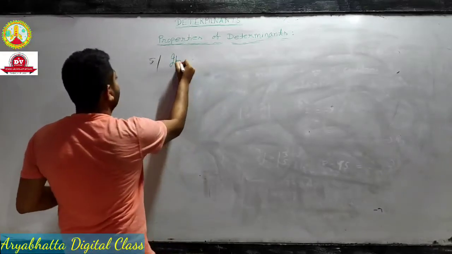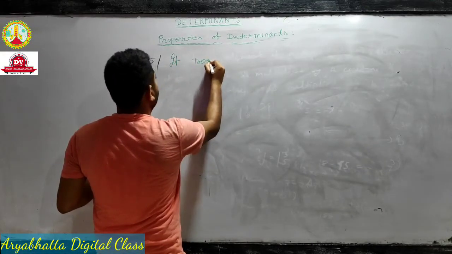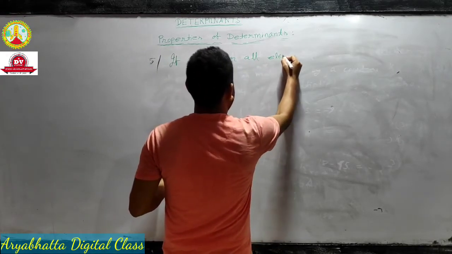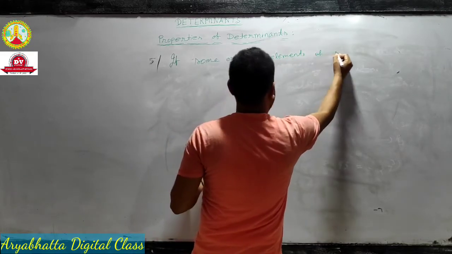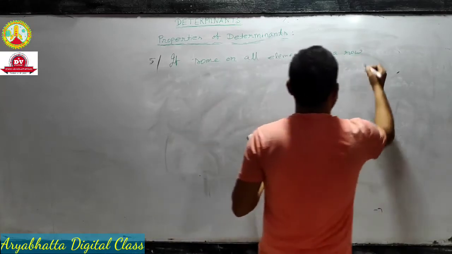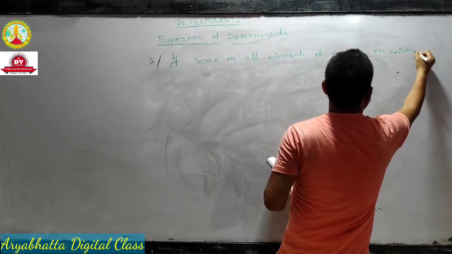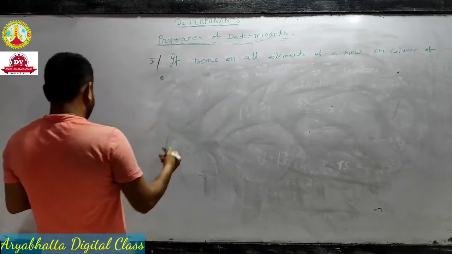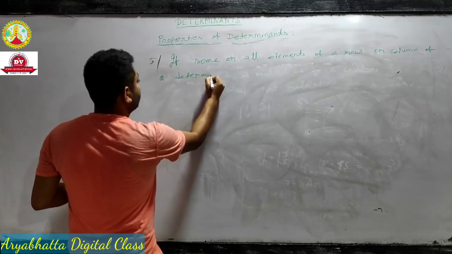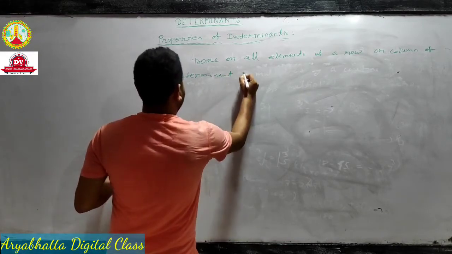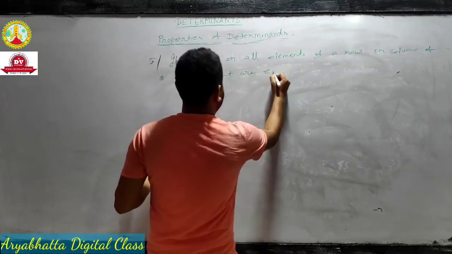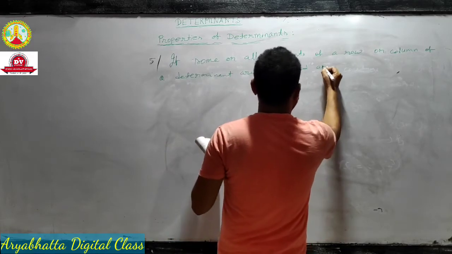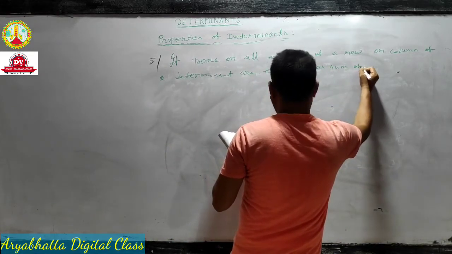If some or all elements of a row or column of a determinant are expressed as sum of two or more terms,